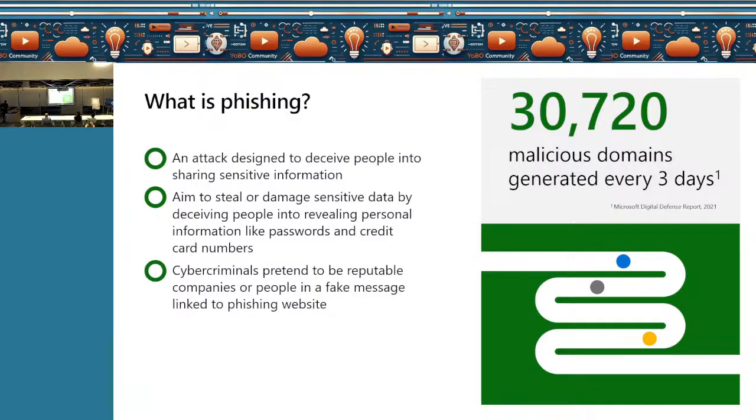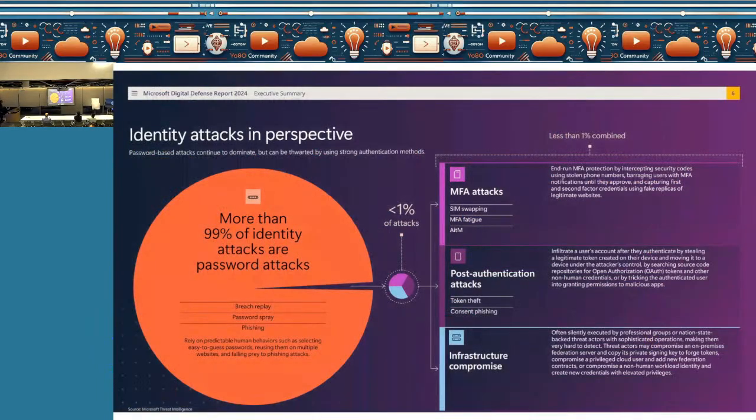Now, this is another data point, related to how most identity attacks still use passwords. This is the Microsoft Digital Defense Report in 2024, so last year's report. We have more than 99% of these attacks coming from things like password reuse and weak passwords, and we are seeing even multi-factor authentication targeted. Now the technology is getting advanced, so the attacker is also getting advanced, right? We are seeing even MFAs being targeted.